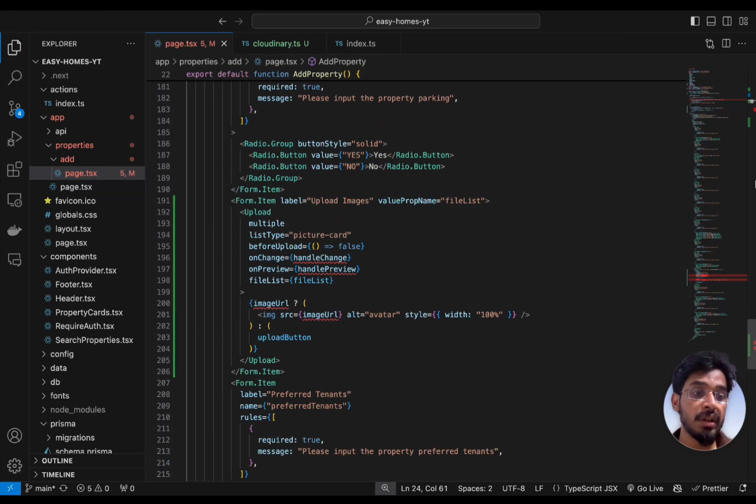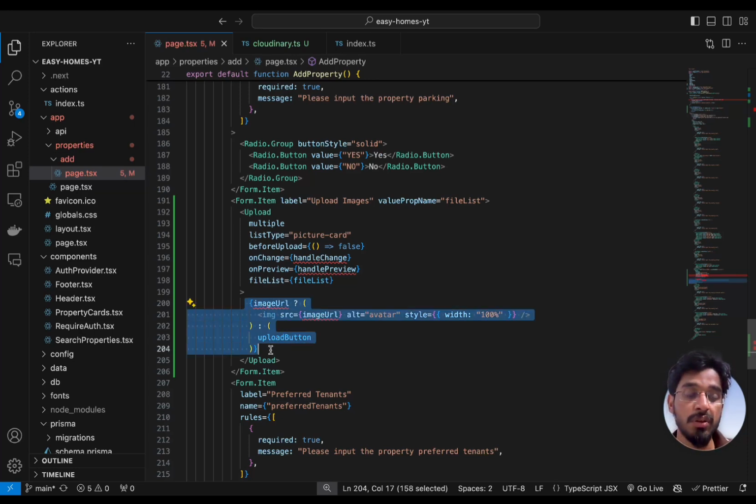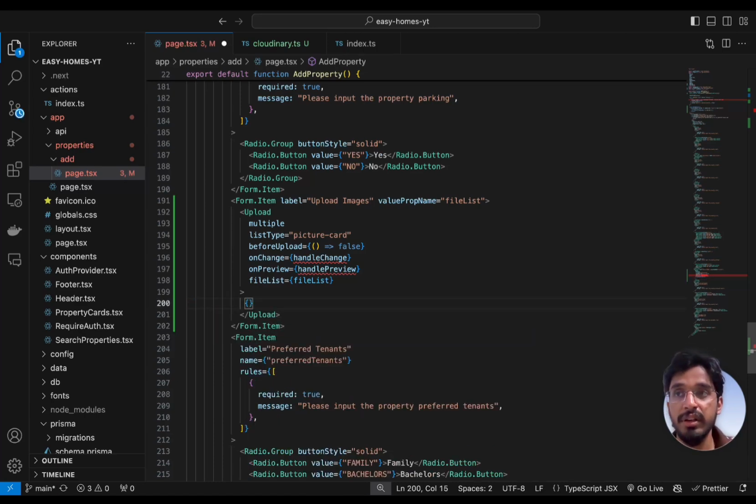As far as the number of images to upload, we need only a maximum of 8 images. We are not going to store more than 8 images for the property. So we can show this button only if fewer than 8 images are being uploaded. If there are more than that, then we want to disable this button. So we can use conditional rendering here. Let's say if fileList.length